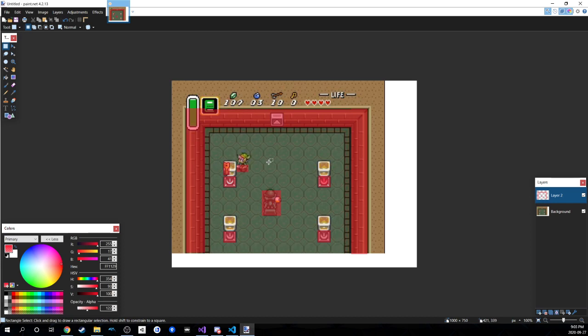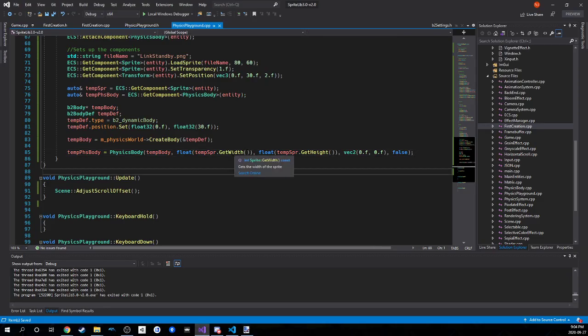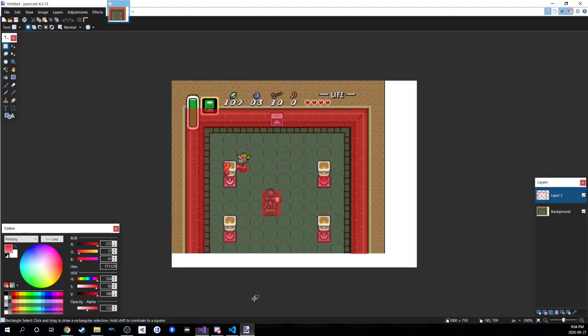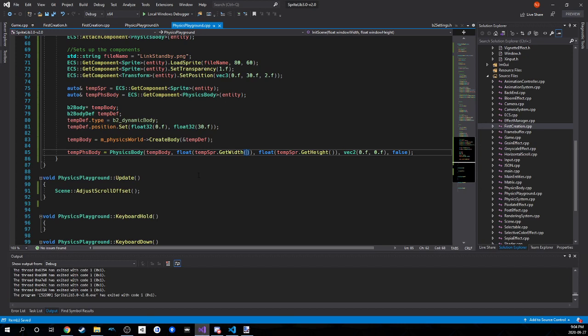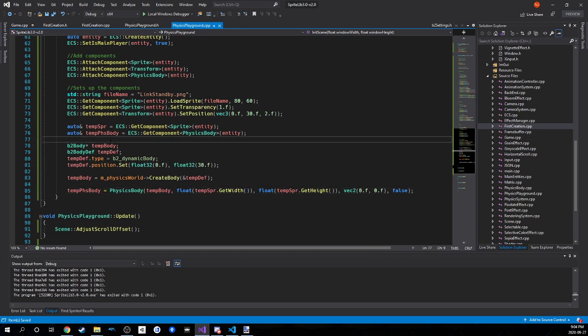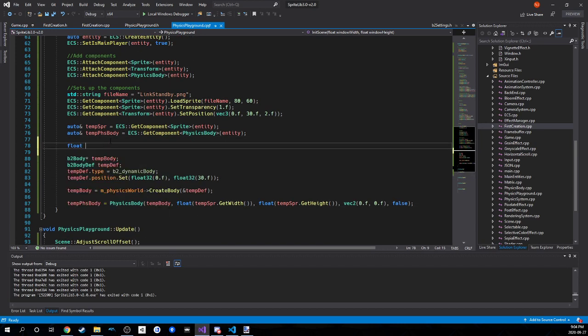So the essence of this is that what we've written here is a full-size sprite. Our sprite will be entirely covered by our physics body. But what if we wanted a physics body like this? Well, I'll tell you. There is a thing that we can do. So what we're going to do is create these floats. These floats are very simple. It's just, so shrink